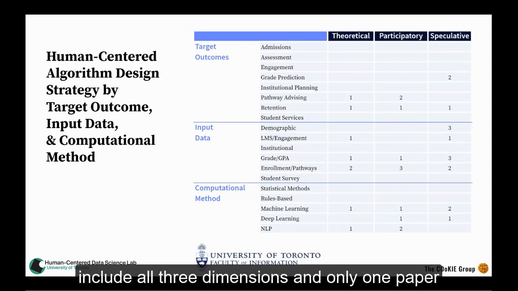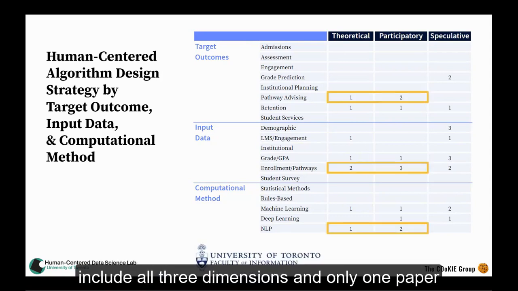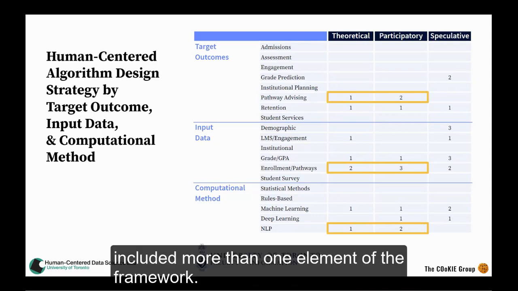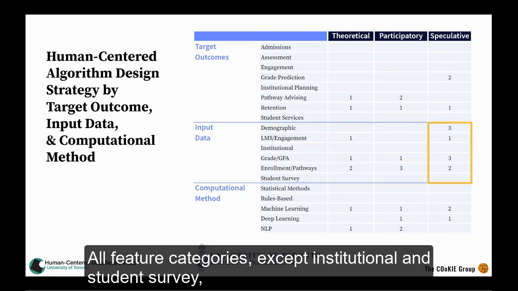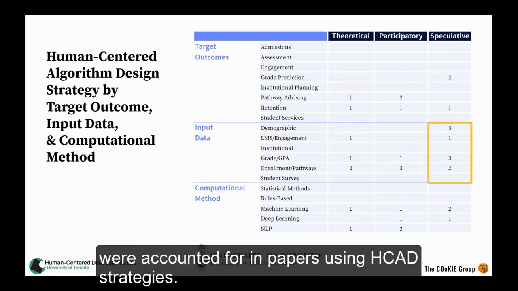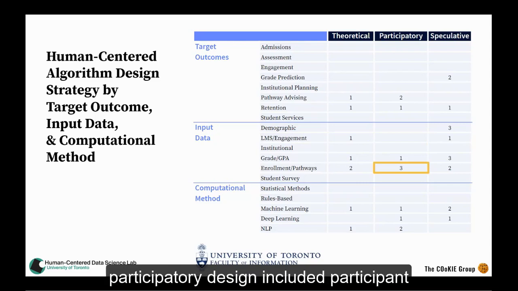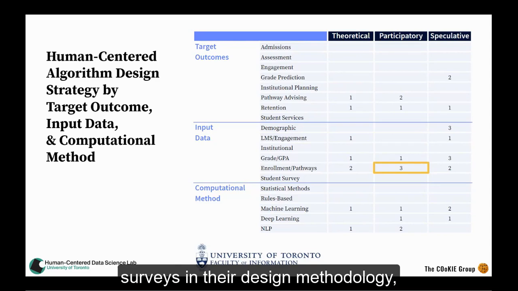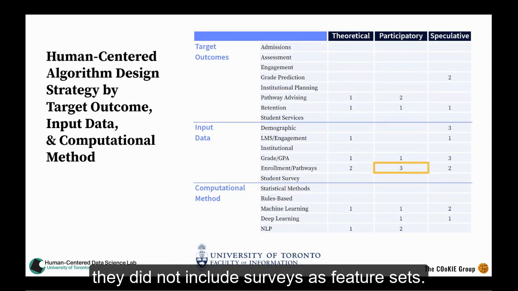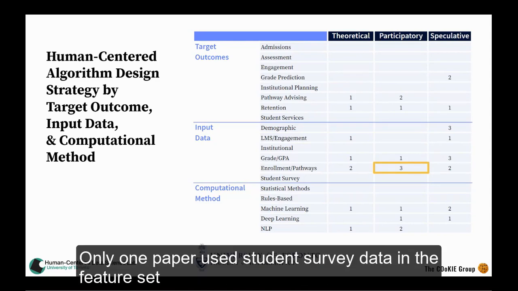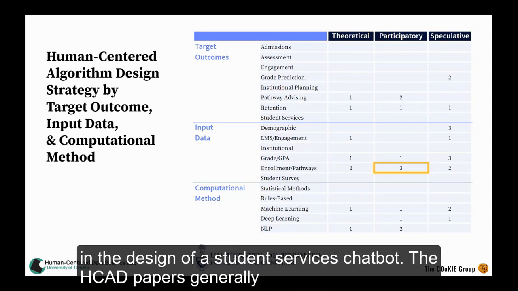No papers, to our knowledge, include all three dimensions, and only one paper included more than one element of the framework. All feature categories, except institutional and student survey, were accounted for in papers using HCAD strategies. Interestingly, while 3 papers using participatory design included participant surveys in their design methodology, they did not include surveys as feature sets. Only 1 paper used student survey data in its feature set in the design of a student services